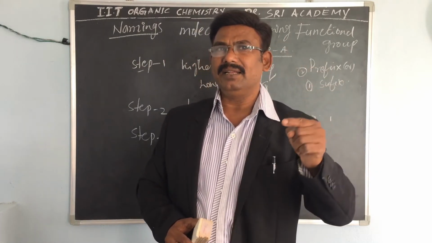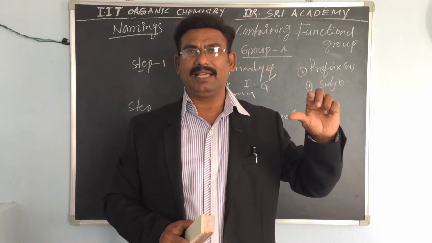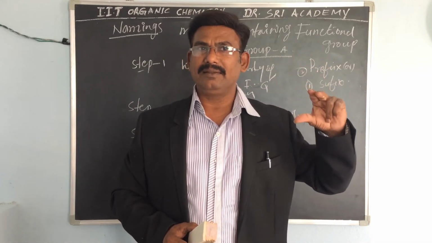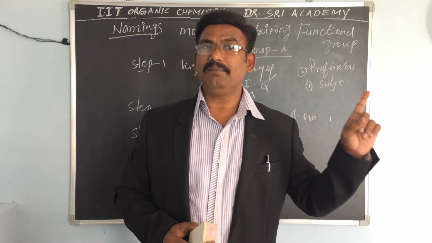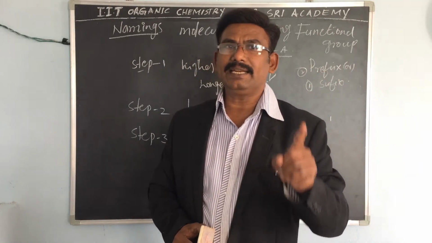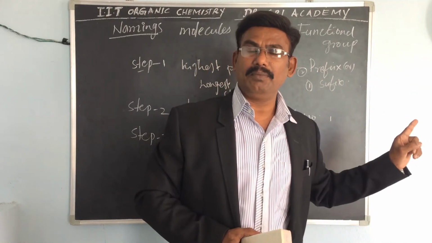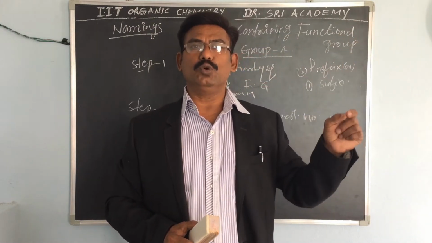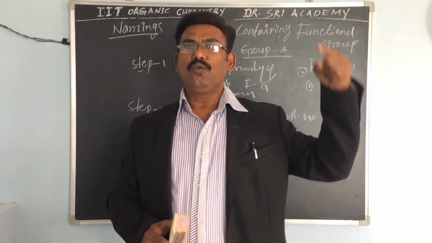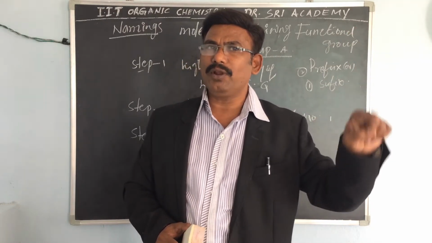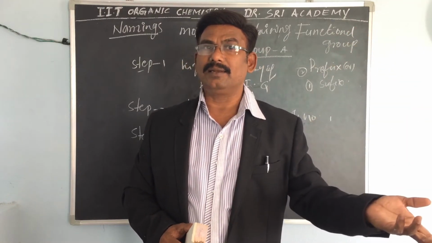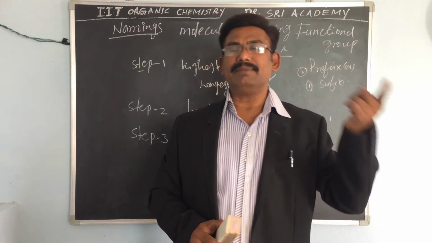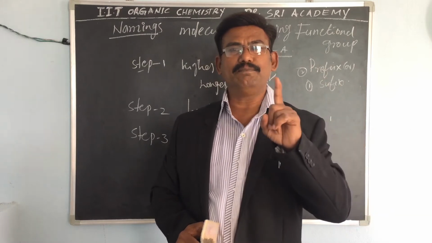Ene and yne, the multiple bonds. If a double bond is there, you have to give the "-ene". If a triple bond is there, "-yne". So that is very, very important. Then designate the position of the multiple bond. Which position? For example, position number 2: 2-ene, 4-yne. You have to give 4-ene, 4-yne like that, with the number of the first carbon of the multiple bond. That is important.